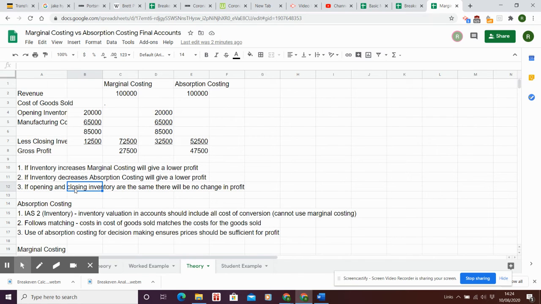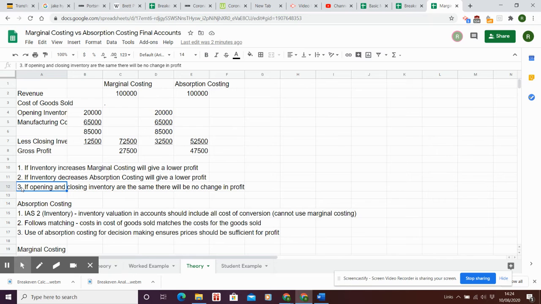And that's because marginal costing gives you a higher cost of sales if we increase the inventory, and therefore a lower profit. However, if inventory decreases, absorption costing will give the lower profit figure. And if the opening and closing inventories are exactly the same, well, to be honest, it doesn't matter which you